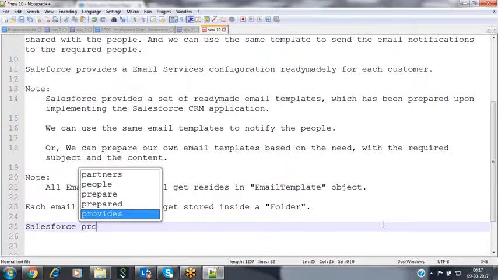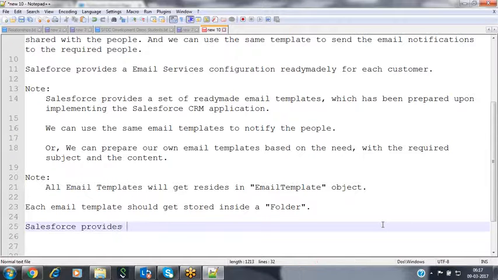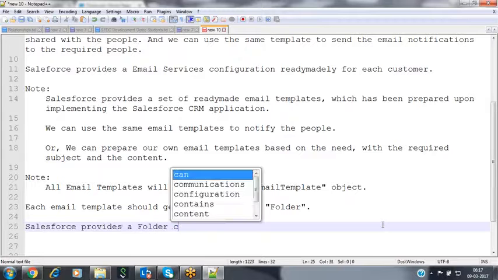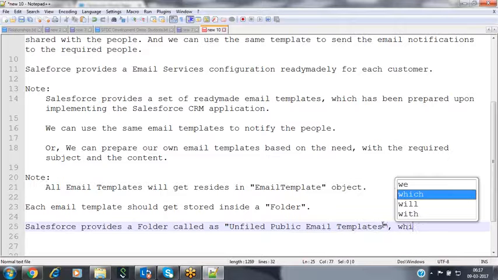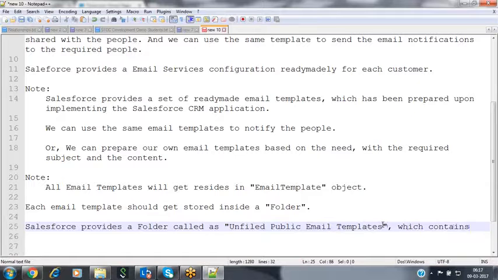Salesforce provides a folder called Unfiled Public Email Templates, which contains all the email templates provided by Salesforce by default.